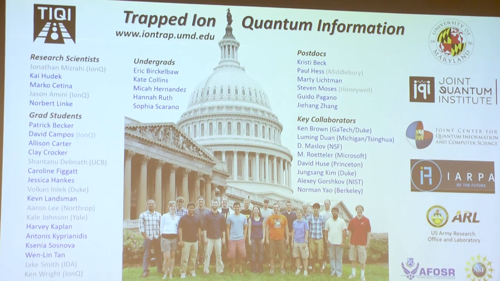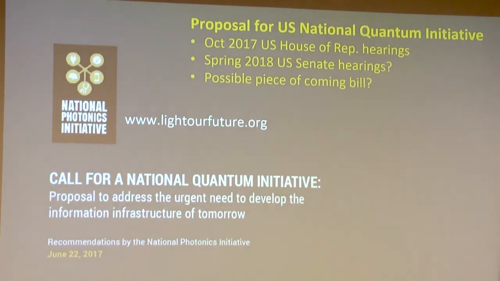So again, this is a picture of my group. We're just inside the Washington Beltway. And speaking of the Beltway and Capitol, many of you know that Congress is on the scene, and they want to fill this gap between university and industrial research to get a quantum workforce out there. And I've been very active on the Hill, kind of unwittingly, promoting the idea of a national quantum initiative. And I think places like Argonne or DoD labs, industry and academics, but especially those in the middle, like this laboratory right here, will play an especially crucial role to keep the US in front in this field.